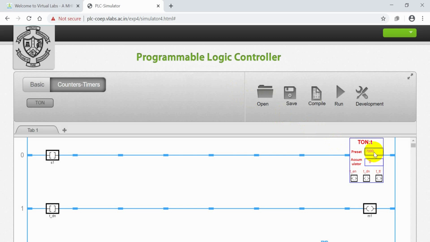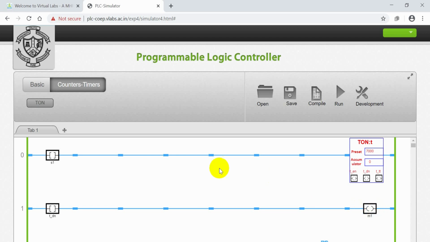So here the delay is increased to 7 seconds. Again go for compilation, compiled successfully, go for run. Now I am providing the toggling input. So here only after 7 seconds does the motor M1 become on.